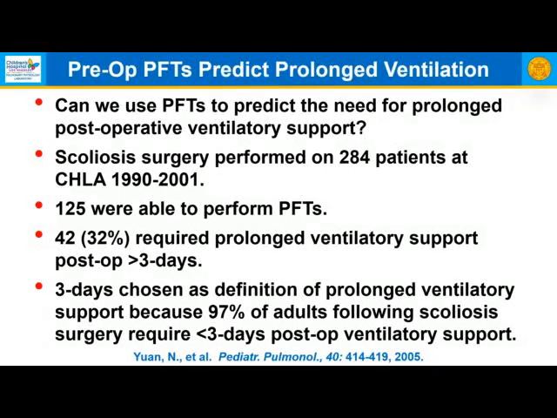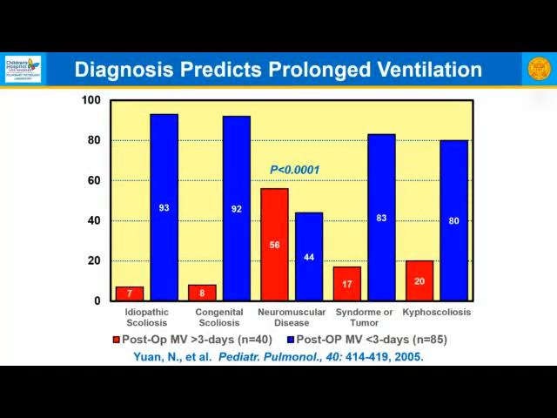And 3 days was chosen as the definition of prolonged ventilatory support because 97% of adults following scoliosis surgery require less than 3 days of post-op ventilatory support. Those patients that required prolonged postoperative ventilatory support are shown in red bars, and those that required ventilatory support for less than 3 days are shown in blue bars. So if we look at the diagnosis